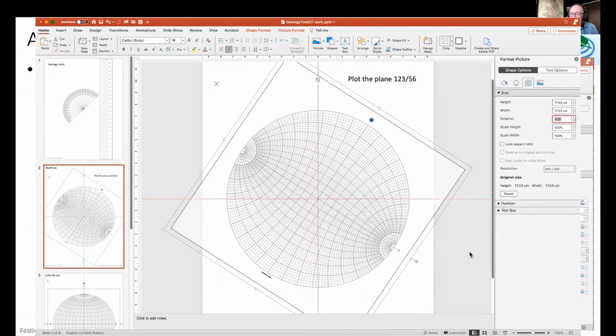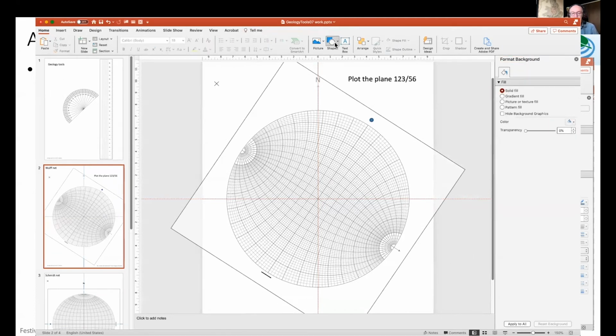Now, in PowerPoint, you can turn the net around while you keep your projection stationary. So north is always at the top, and your protractor turns around. So conceptually, it's easier. And I'm pretty convinced that the students this year, when we did everything in PowerPoint, actually had an easier time of the stereographic projection than they did doing it the old way. So I don't think we'll go back when COVID is over.